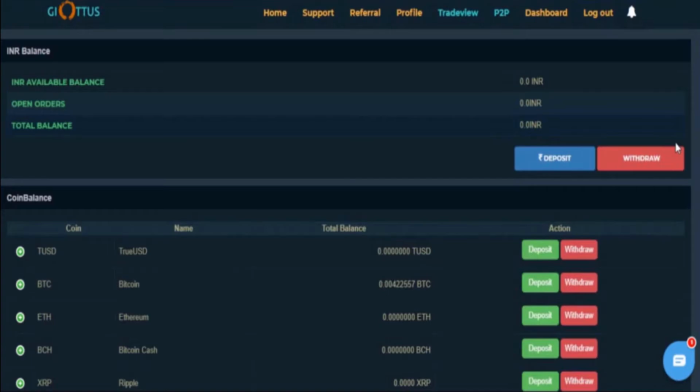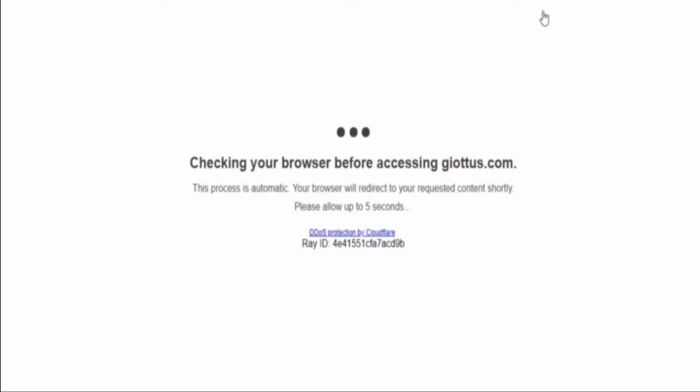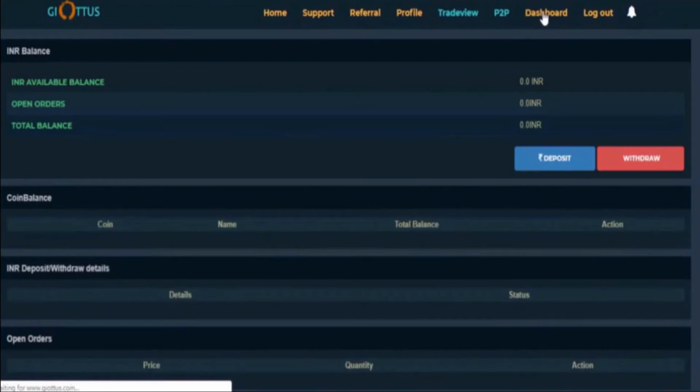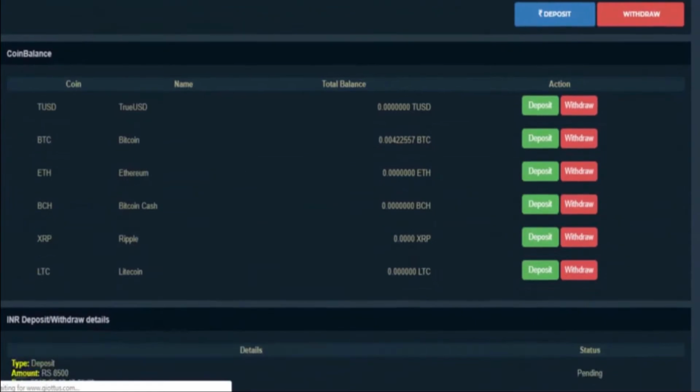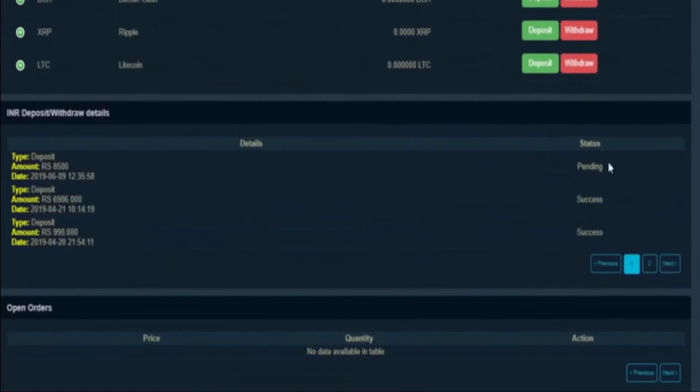So once you refresh and click on dashboard, it will refresh the browser. And once you slide below, you will see pending in place of submitted.